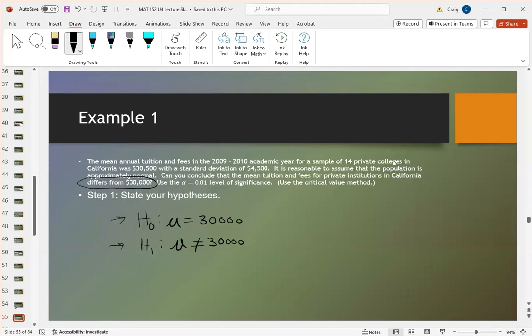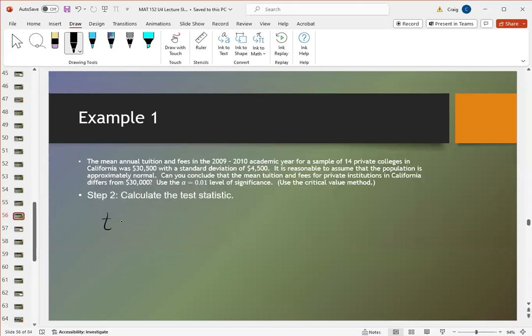The next step is to calculate the t-value. So again, t is very similar to z. It is the mean of the sample minus the value we're comparing to, over the sample standard deviation divided by the square root of n. And so this is 30,500 minus 30,000 divided by 4,500 over the square root of 14. That's 500 divided by 1202.6755. We're just going to keep some decimal places until we divide and get a t-value of